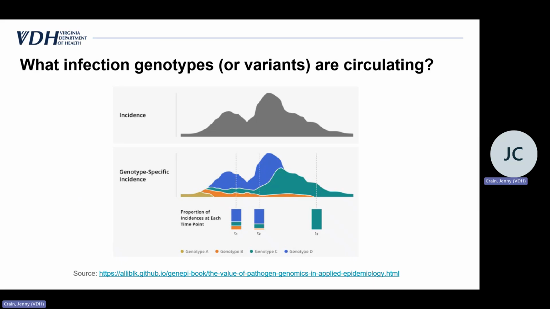So this is taken from Allie Black's Genomic Epi Handbook, and I really like a couple of the visualizations that drive home this concept of, well, we can study disease incidence over time on this XY scale. The top gray diagram here shows that there's been an increase in cases over time, and then it's waned, right? But the bottom, once we add on that additional genomic results and the genotype specific information, provides a greater level of detail in terms of understanding when different genotypes appeared or started circulating over time.